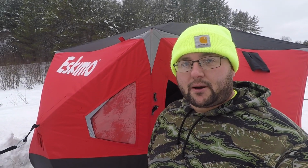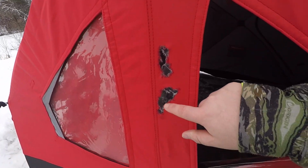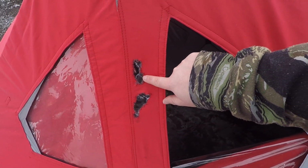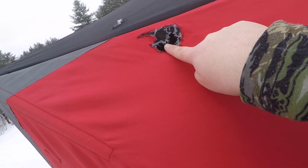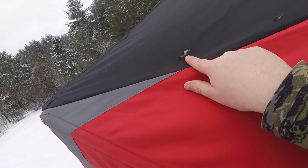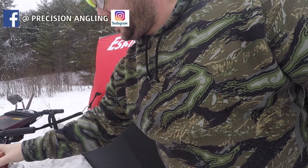So after having these pop-up shacks for about 20 years, I had my first mouse problem. I had a mouse get into this part of my 650 here and get them two holes, this big one up here, a couple other small ones. I've hemmed and hawed about what I'm going to do to try to fix these,